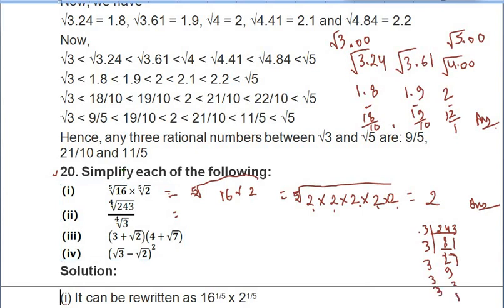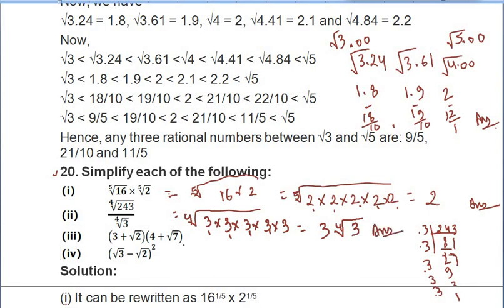So I am getting 1, 2, 3, 4, 5 times 3. So here I can write 3 five times, and here the fourth root. Fourth root means 1, 2, 3, 4, so one 3 will come out and inside the fourth root only 3 is left. Only this is the answer.